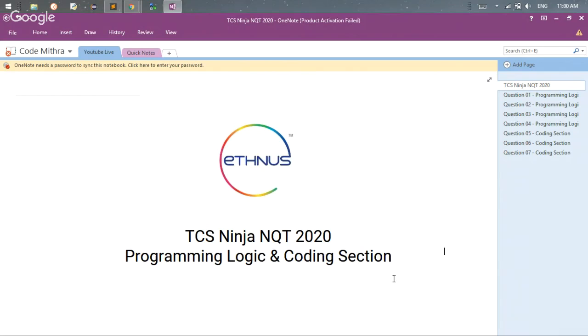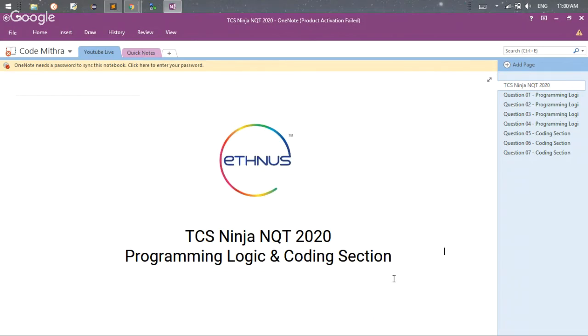There is one thing: the way in which TCS asks questions is predominantly the same. Every time, the way in which they ask the questions will be the same. The topics in which they test the candidates are not going to change. The actual questions might change, but the pattern in which they ask the question, or the kind of question that they ask, will not